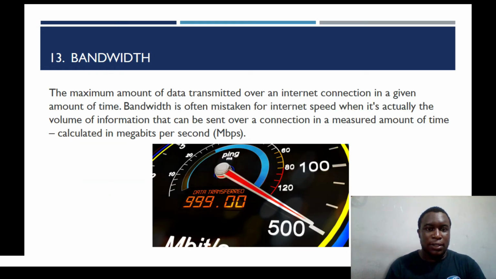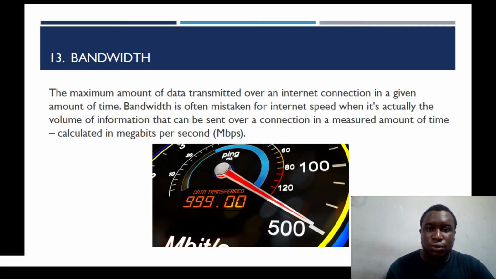So we have the bandwidth. Now sometimes people confuse bandwidth with, what do they call it, with your internet speed, but they are two different things. Bandwidth is the rate of data exchange. Internet speed is the rate of data exchange that you are experiencing currently. You understand? Bandwidth can be 1000 MB per second, it can be 2000 MB per second, but your internet speed, you have to measure it to know what the current internet speed is. Bandwidth is the rate of data exchange that you are making on a platform or whatever, but internet speed is,